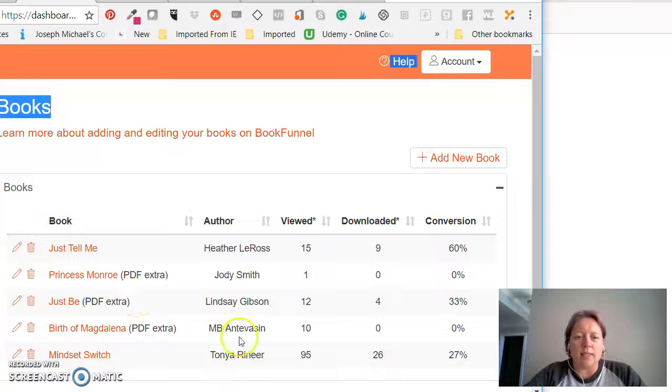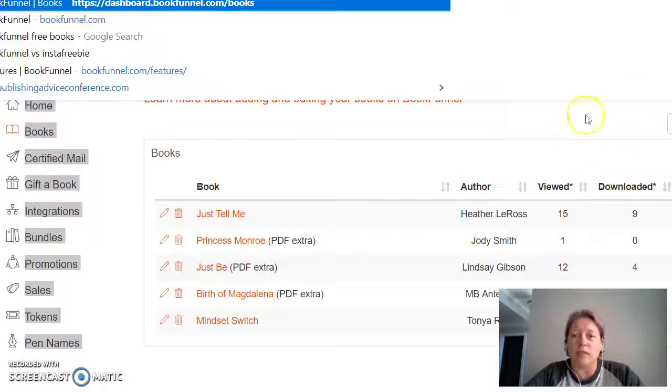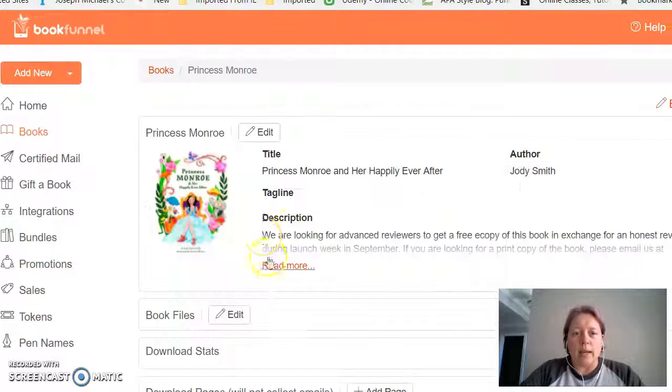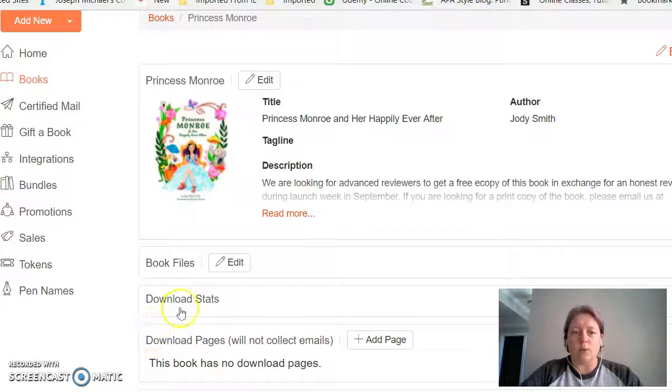And it's interesting. I always wonder what makes people come to look and then not actually download a free copy, but it could be because of the settings, where there's now the new thing that makes people opt into the email list. So there are ways around that as well. But this is a brand new one that I just set up. And you can see, once I'd set up the new book, all of that information is done. So you can edit those book files, you can review your stats, and then